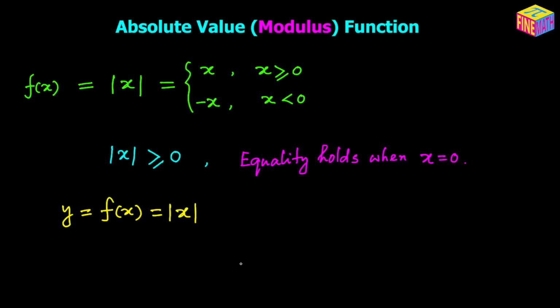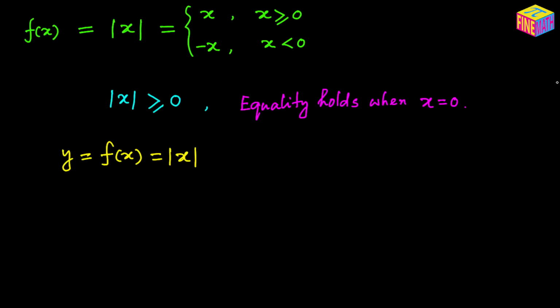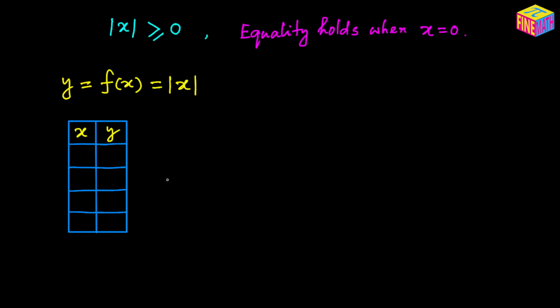And we are going to plot the graph of this function, right? So let's try to plot it. To plot the graph, I'm going to make a small table here, a table of the coordinates. So let's try different values of x and see what is the value of y, right? If we use x as 0, then y would also be 0